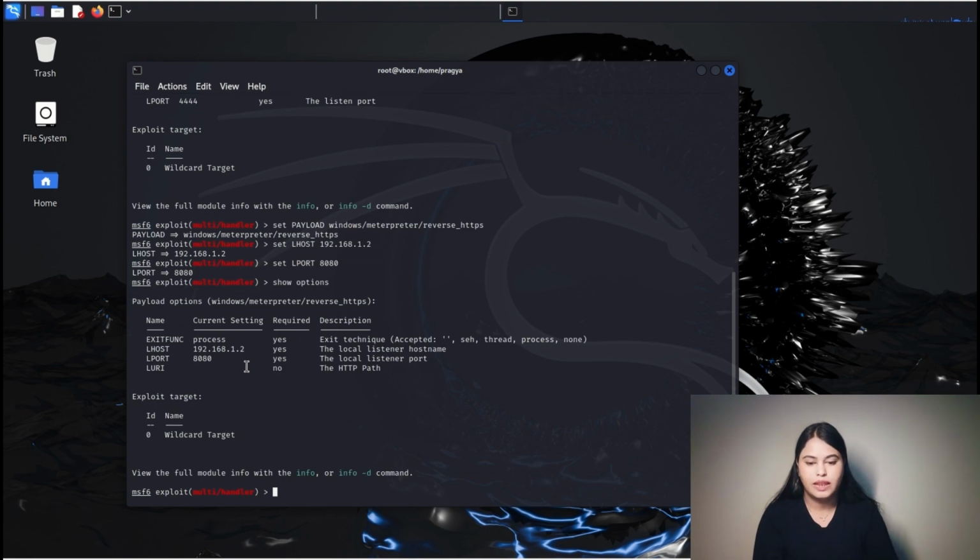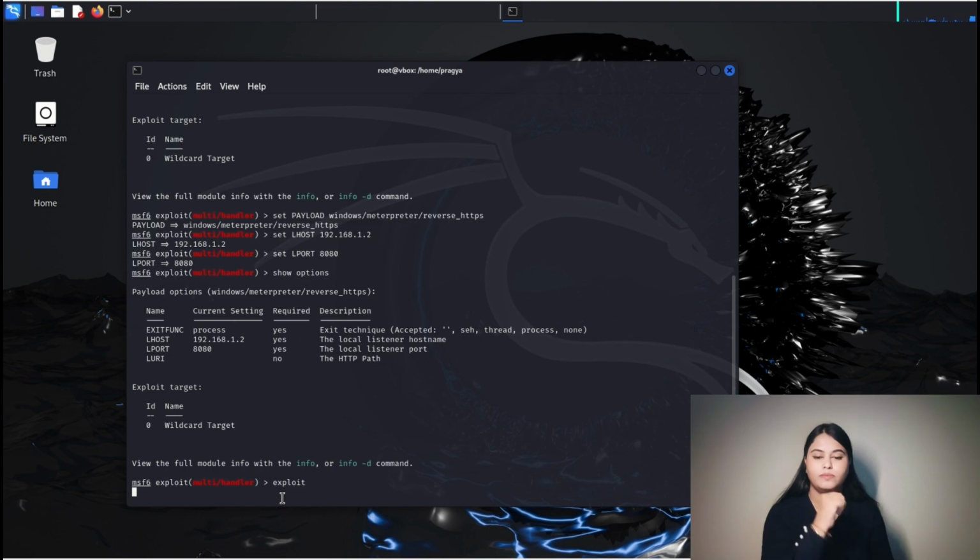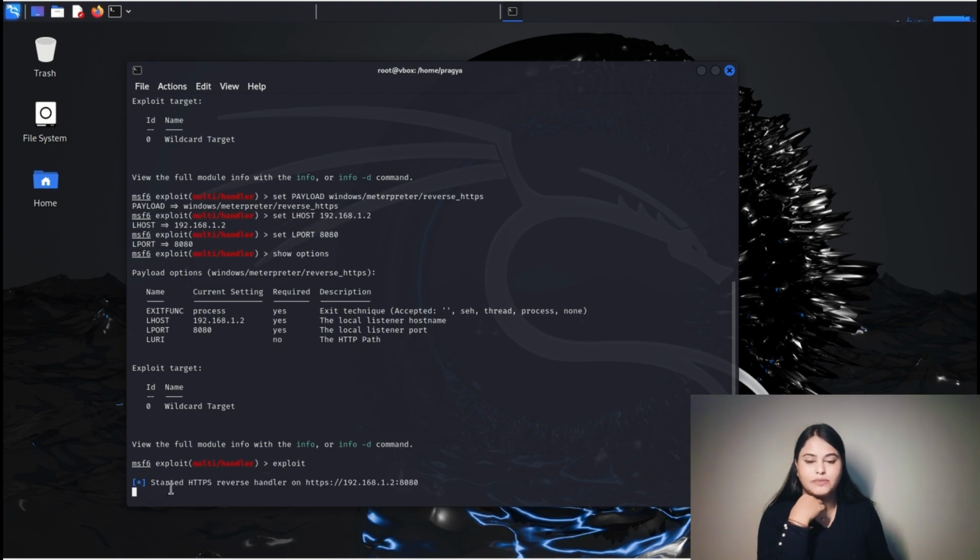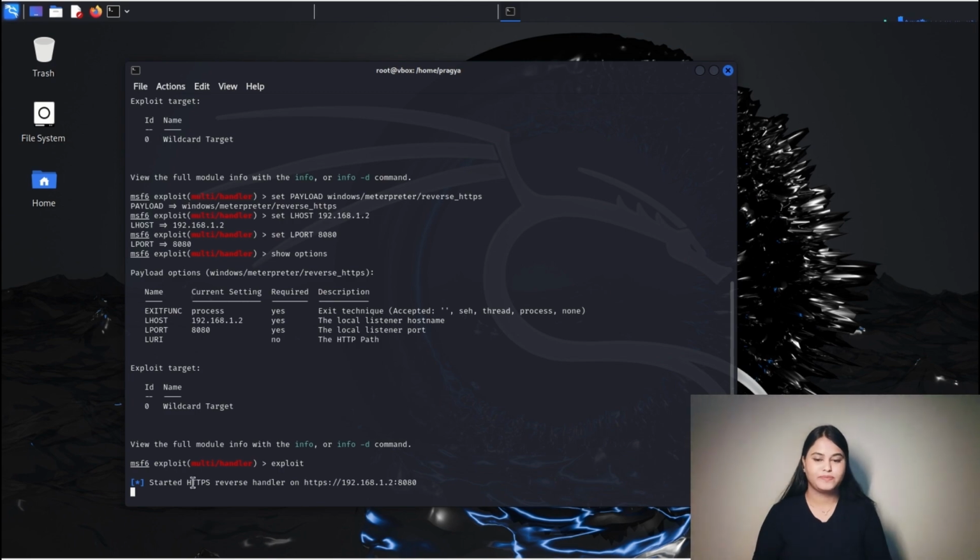And now the last, we press the exploit command, and then we can see that it is trying to open up the connection. So you can see started HTTPS reverse handler on this. So yeah, this means that we have started successfully listening on this port.